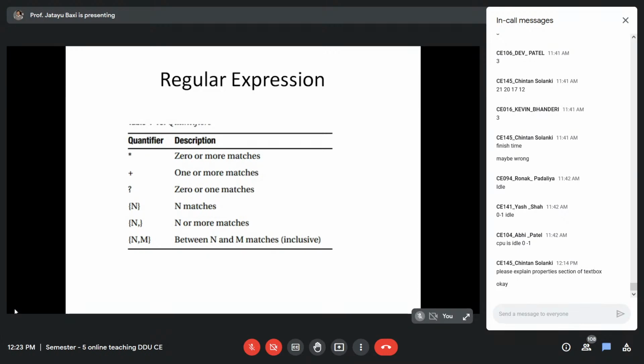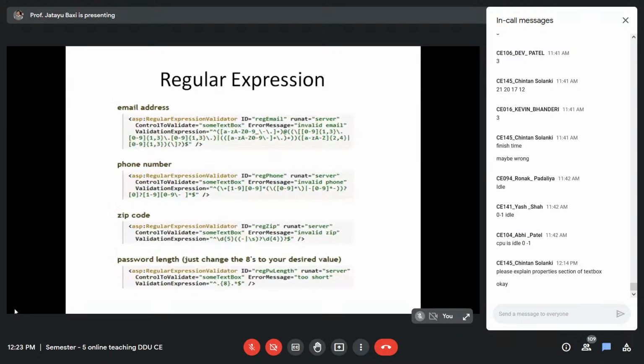So these are some of the guidelines to create a regular expression. But don't worry, we are not going into detail because it is not the idea right now to learn how to write the regular expression. You will be able to get the regular expressions for a specific task on the internet. If you search, you will get the regular expression, and when you get it, you have to just put it in the validation expression property.